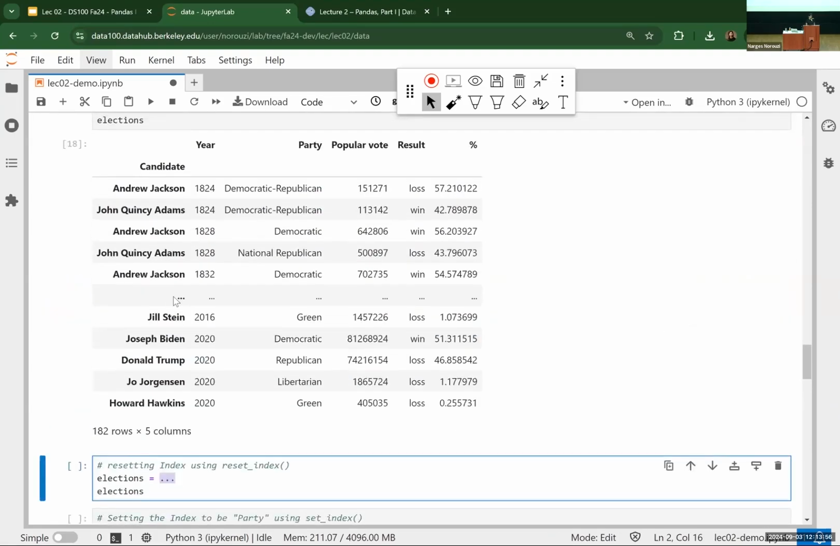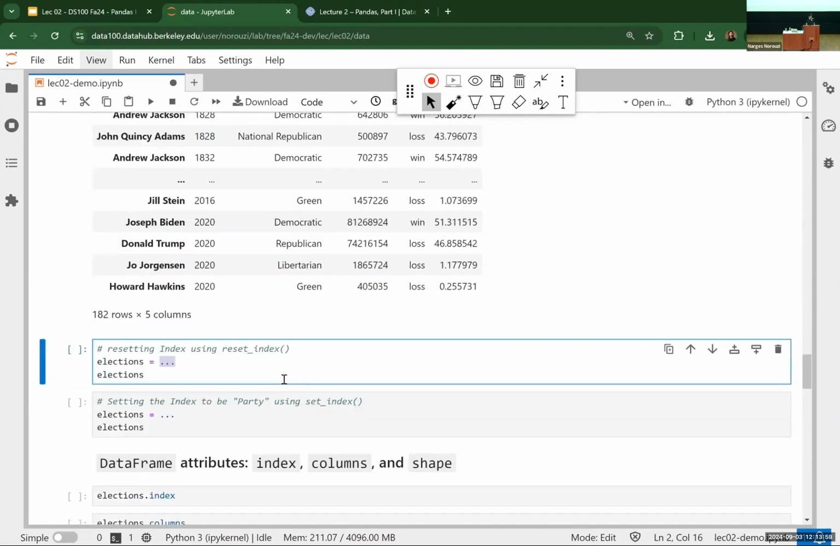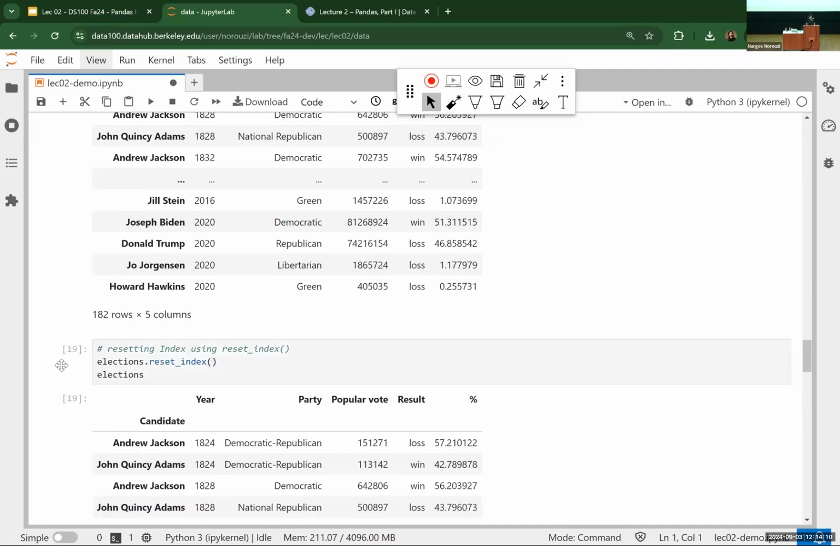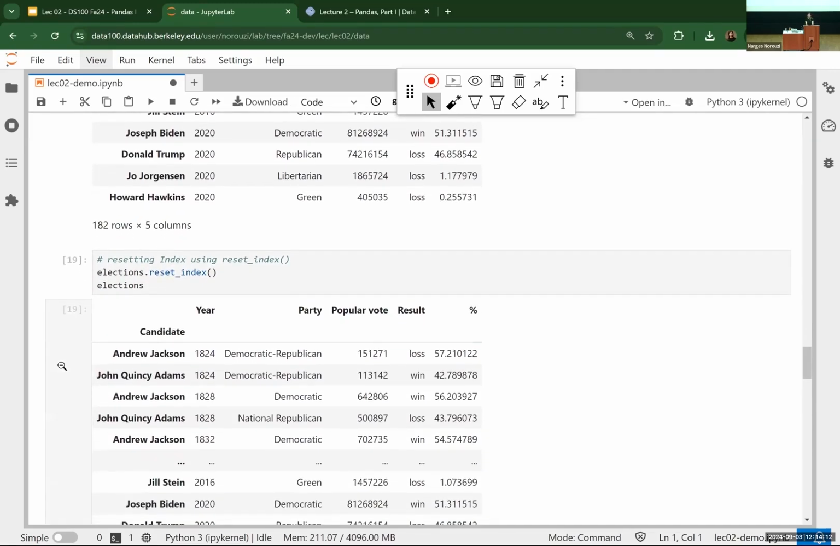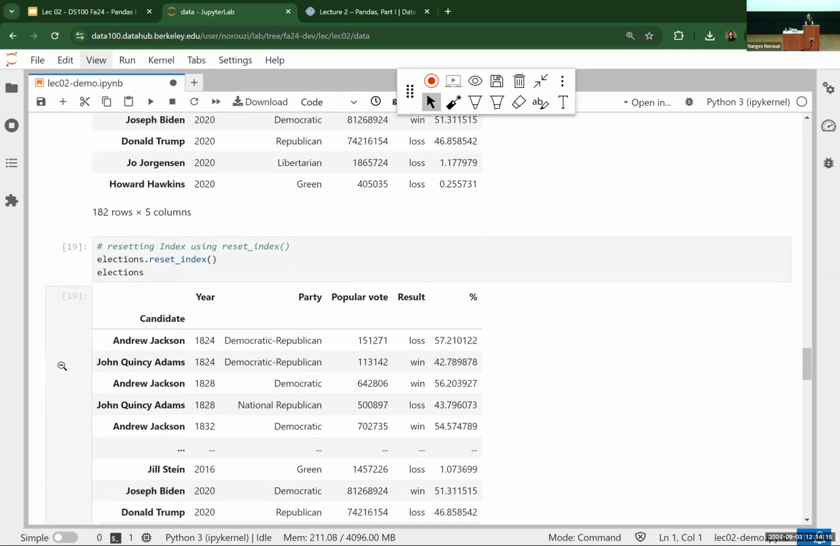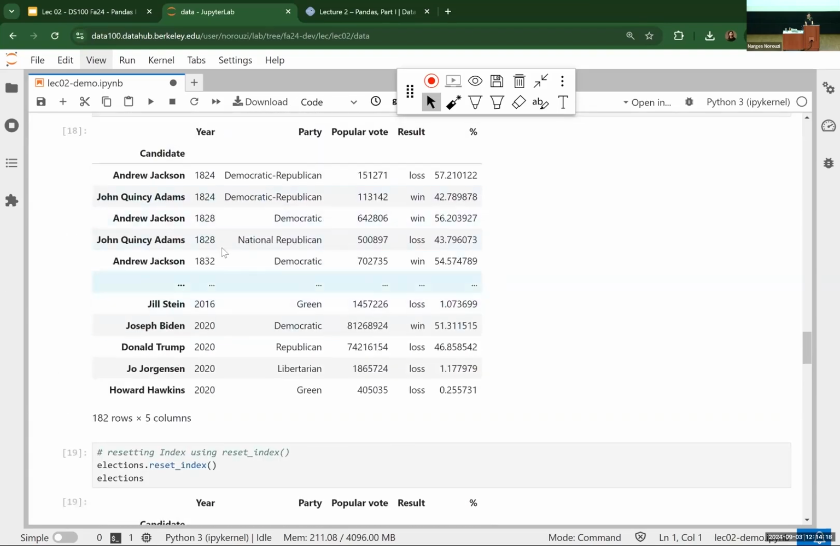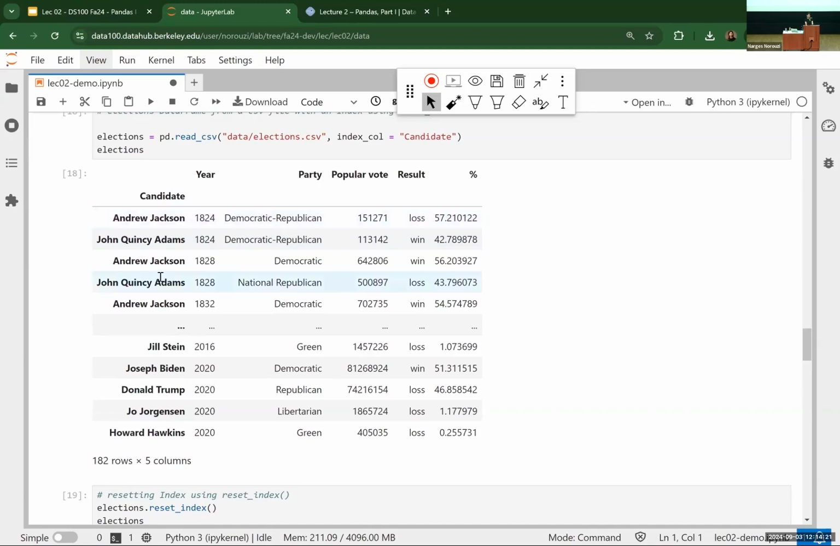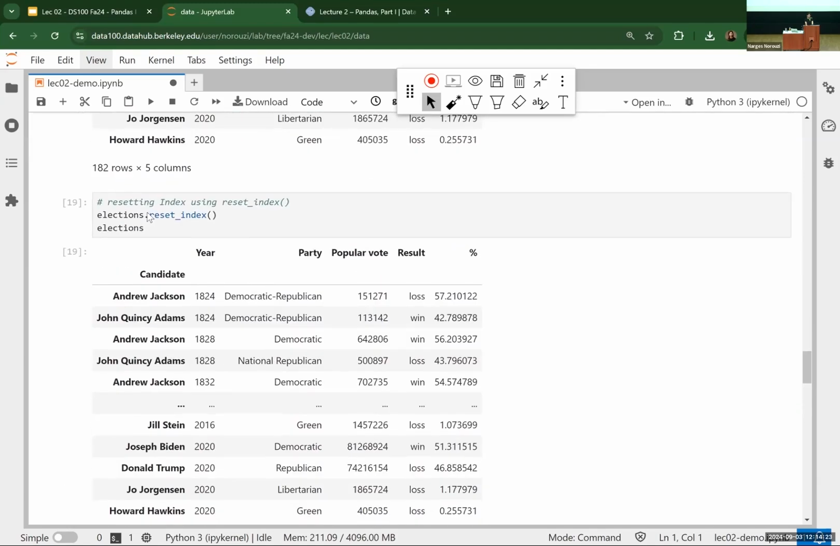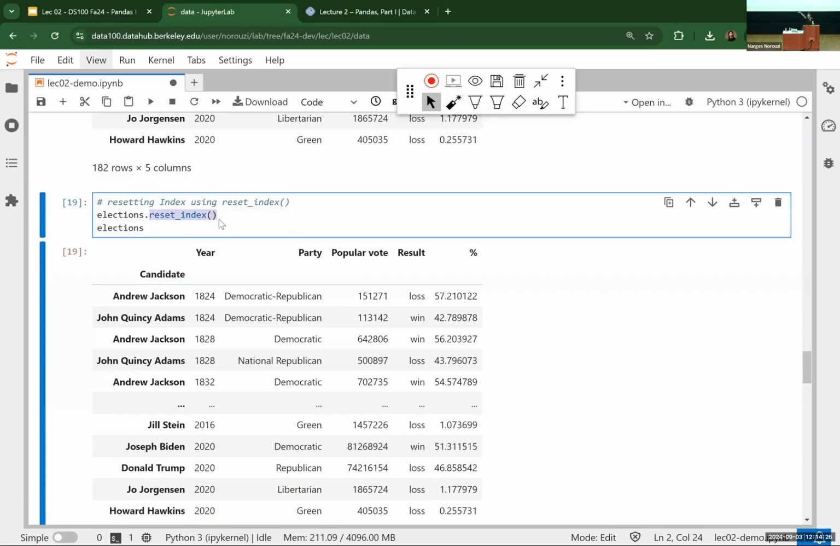Let me erase this. I can reset the index. I can say elections.reset_index, and then see the result. Before I show you the Slido result, I want you to take a look at this. I set the index to be candidate, then I said reset the index. I'm expecting that the candidate pops back to the normal columns and I get the automatic indexing, but that didn't happen. Why it didn't happen is that